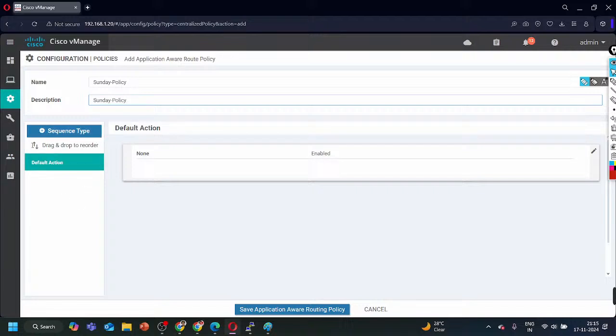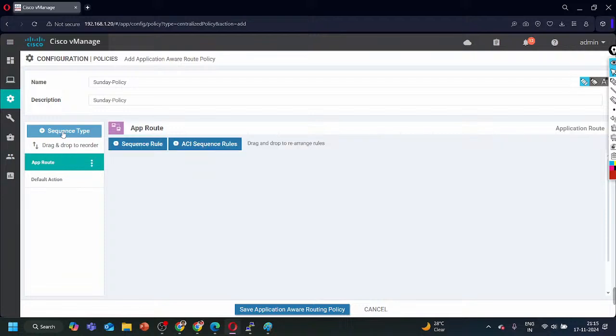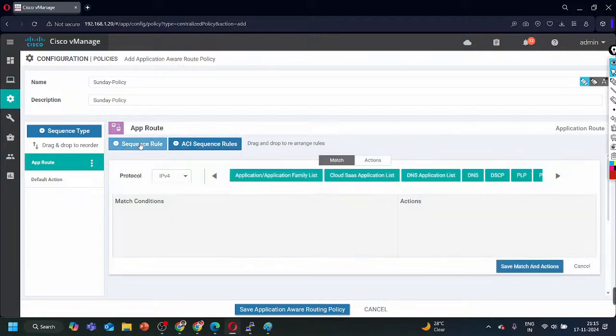Right, then drag and drop the record: sequence type and sequence rule. The ACI sequence rule is there. Earlier it was not there, I think in the previous version it was not there. Okay, then sequence type,